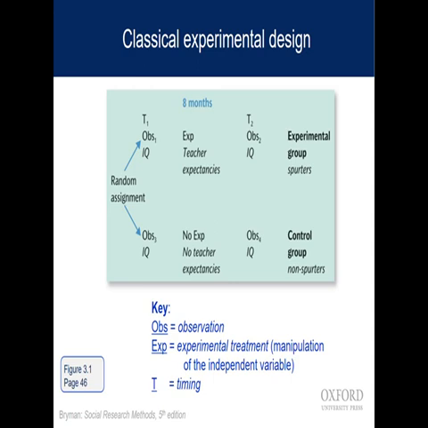Now, the way they designed this experiment to test that, to see if it's true, is they got a group of students and they randomly divided them into two groups. This first part here on the left, you see it says random assignment. So they divided up the students randomly into two groups. There's the group on the top, that's the experimental group, and the group on the bottom, which is the control